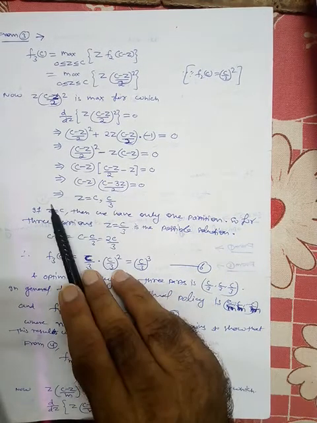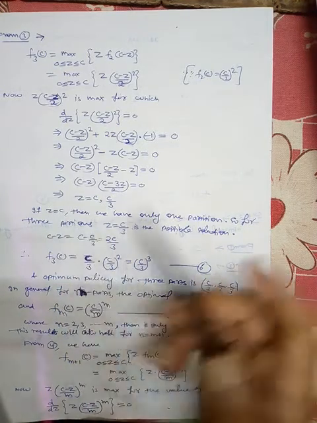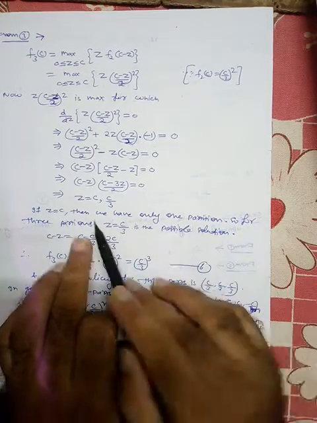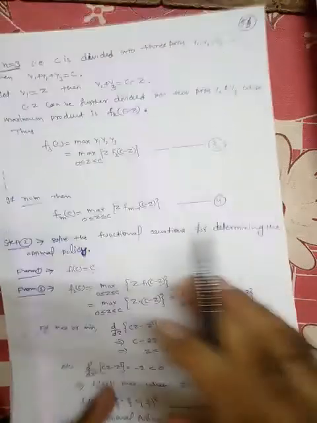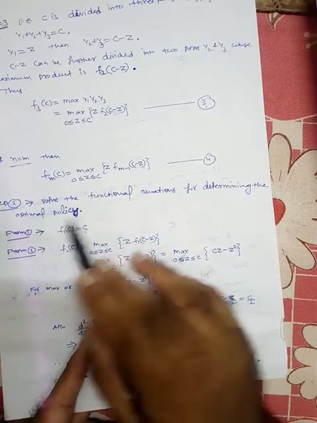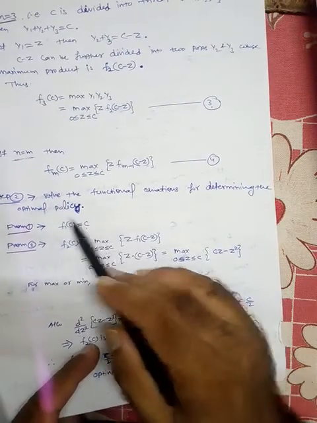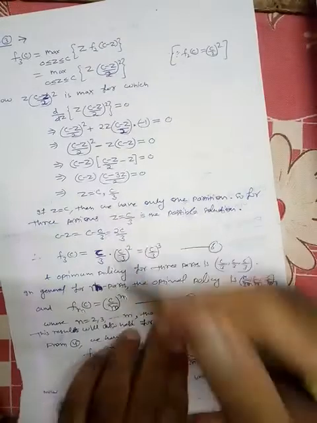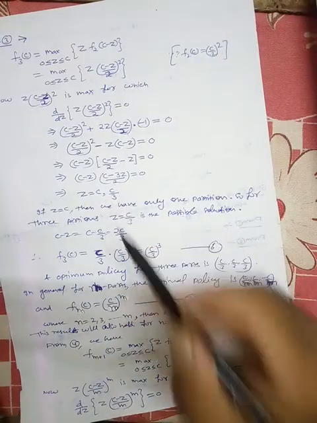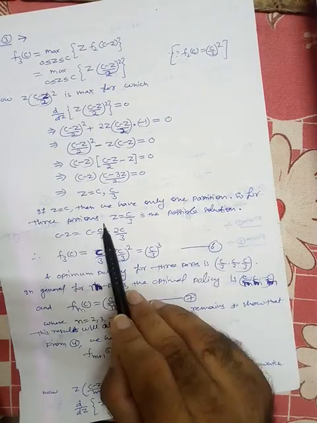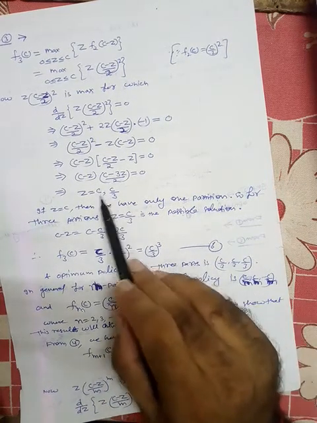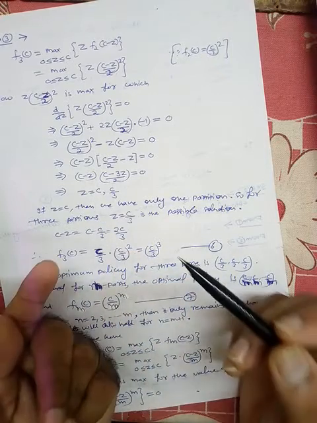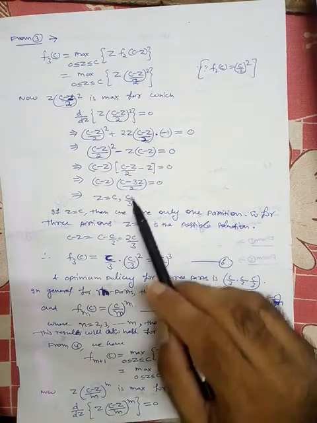So if z is c, z is c का मतलब क्या हुआ, केवल और केवल एक ही पार्टीशन ले रहे हैं. Then we have only one partition, and then in that case this will be the solution. Fine, first case आ जाएगा. So here we are not taking this, we are taking this case. So for three partitions, z is c by 3 is possible solution. अगर z c ले लेंगे तो इसका मतलब एक ही पार्टीशन बैठेगा, तो हम तो 3 लेके लिए ले रहे हैं, तो इसलिए ये फिजिबल नहीं है, ये फिजिबल है.